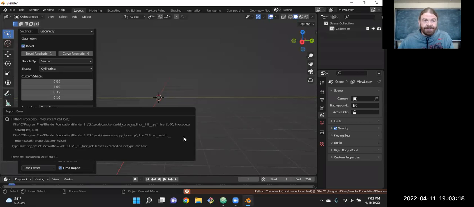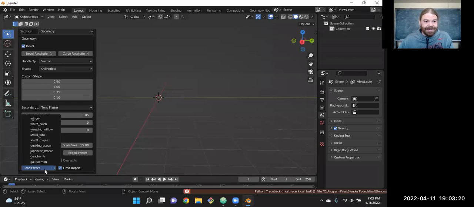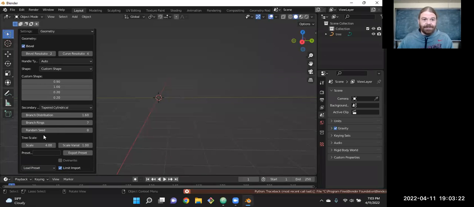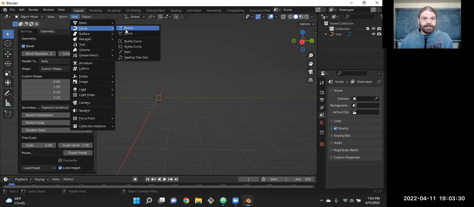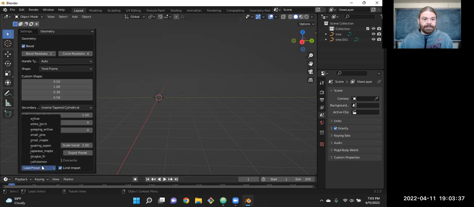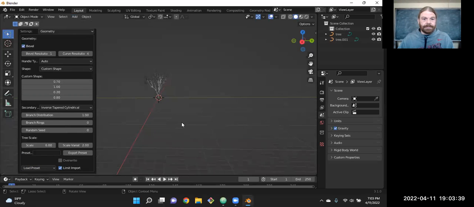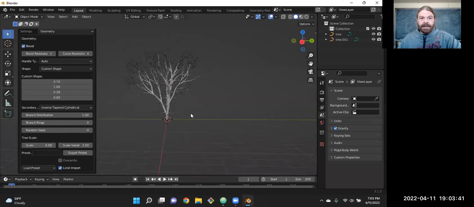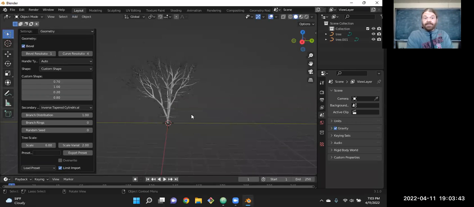Nope, still crashed. Willow doesn't seem to work, but most of the others do, like a small pine. And yeah, just adjust a few parameters until you get the one that you want.